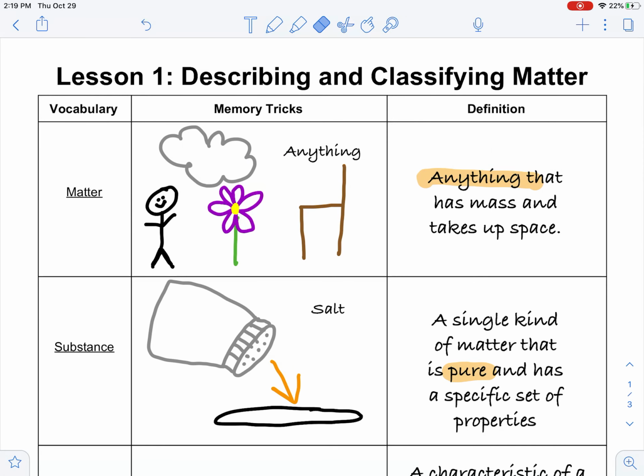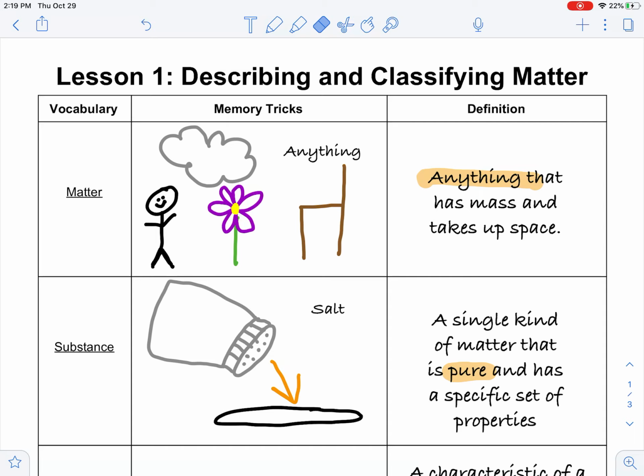Hi, sixth graders. So today we're going to take a look and break down all of our vocabulary, more so for the memory tricks. Now, if you're still confused, memory tricks are what are going to help you own these words. I do not want you to just be memorizing definitions. I want you to own the word, meaning you're connecting it to your prior knowledge. You are taking it and connecting it to things that you know, that you love, and it's going to help you better understand each of these words.